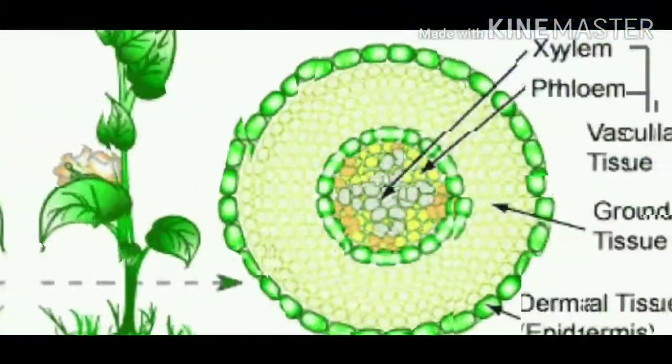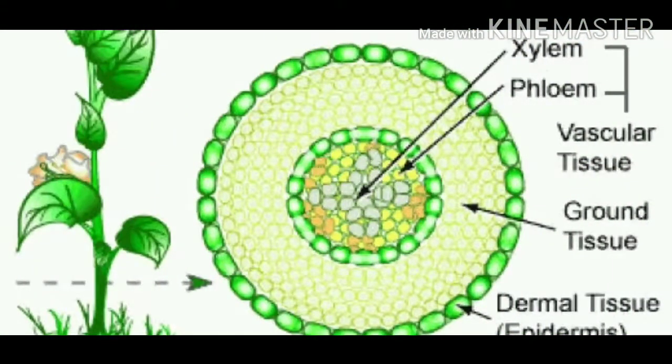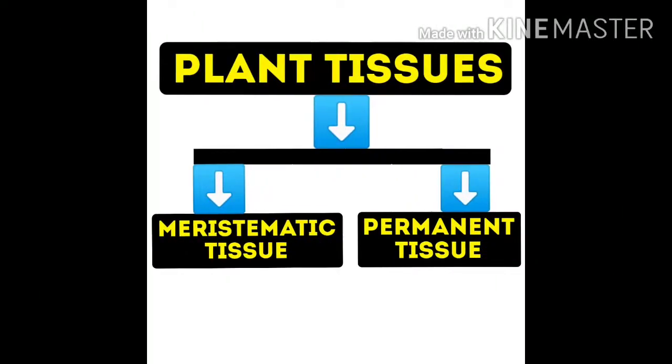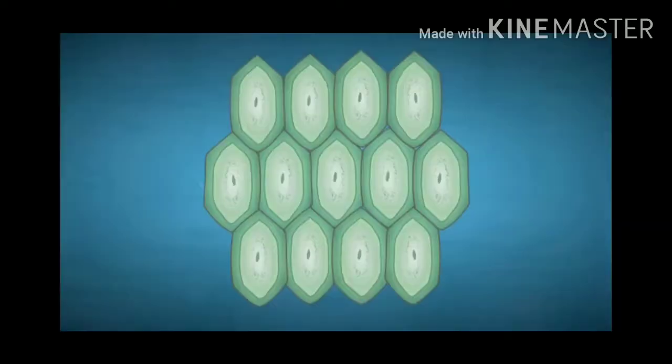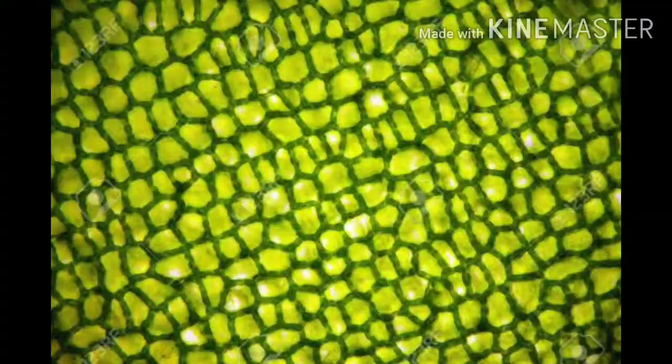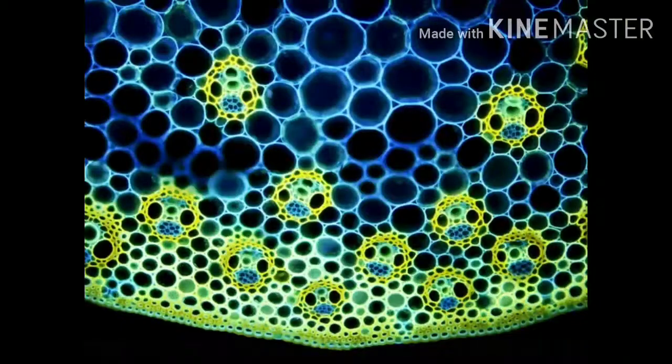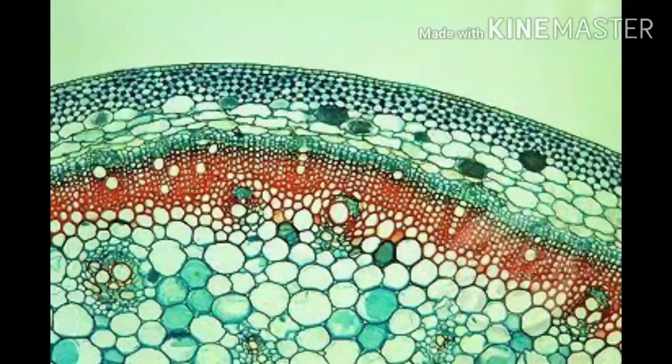Now let us classify the tissues. Plant tissues are characterized and classified according to their structure and functions. The two basic types are the meristematic tissue and permanent tissue. Let us first look at the meristematic tissue. It is the meristematic tissues that help in the growth of a plant as they have the ability to divide themselves. Their cells are similar, generally small, enclosed within thin walls, and cuboidal.